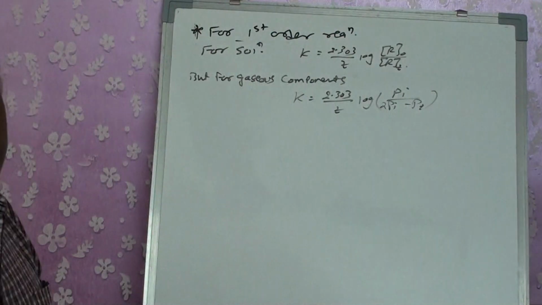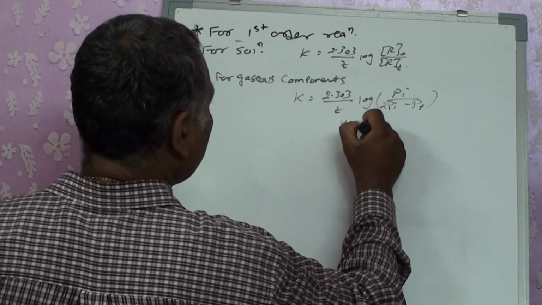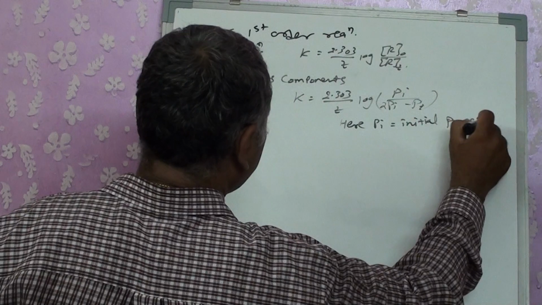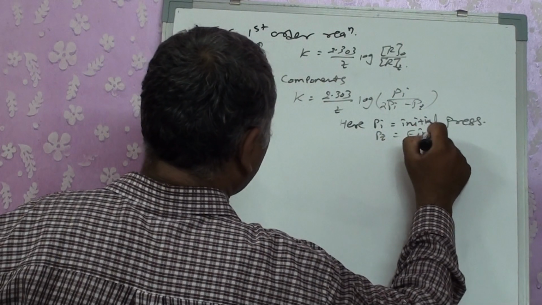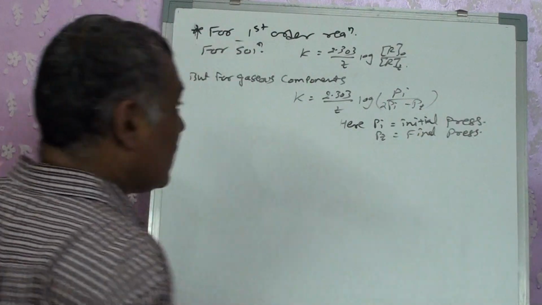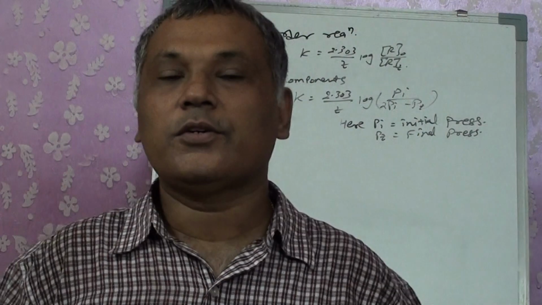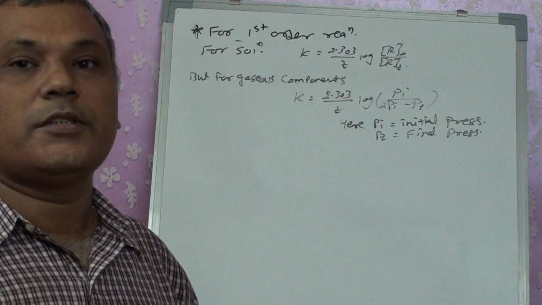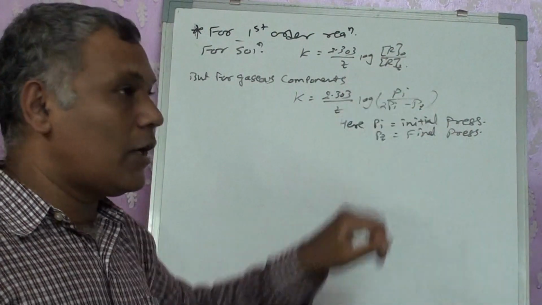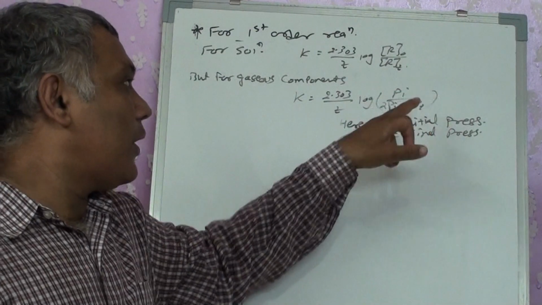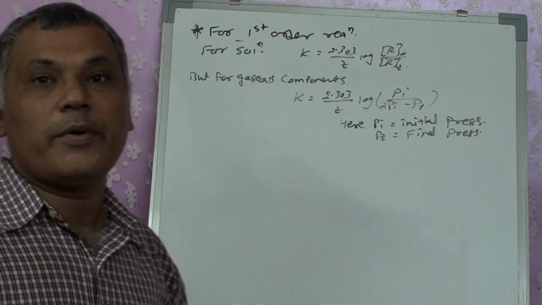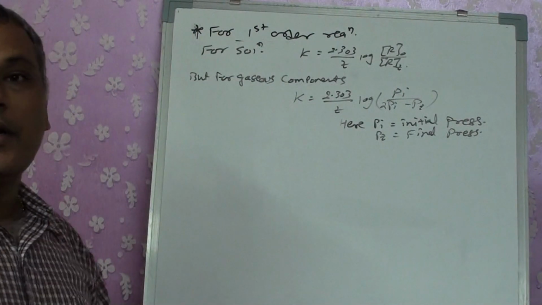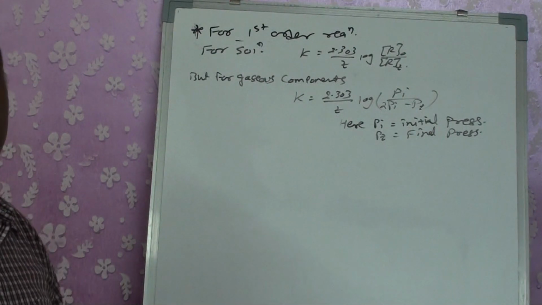Here, what is Pi and Pt? Pi is the initial pressure and Pt is the pressure at time t. The reason is, in a solution you can measure the concentration, but here we have the pressure. So pressure cannot be measured particularly like R0 or RT. So in that case we are going to get the formula as Pi upon 2Pi minus Pt, right? Okay, now this is for the gaseous component. Again, we saw it for the half-life. We saw the integrated rate equation.